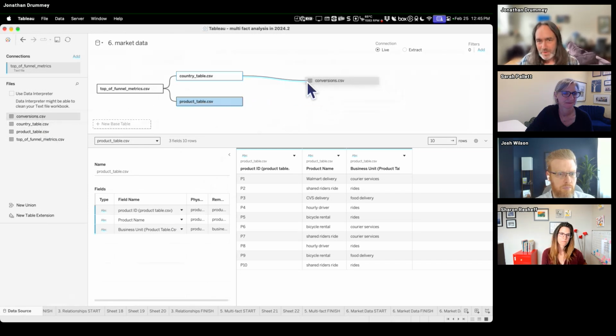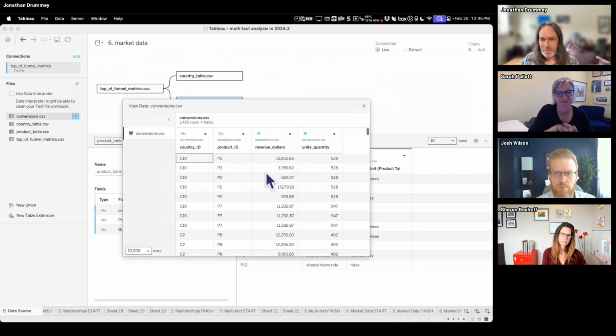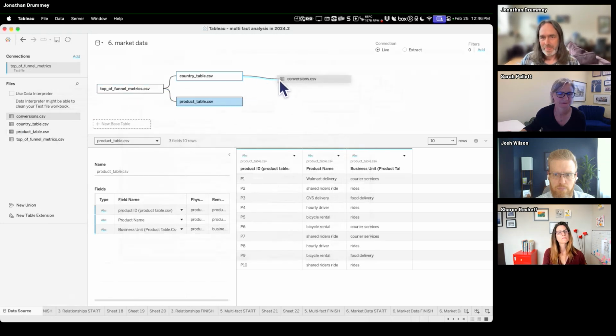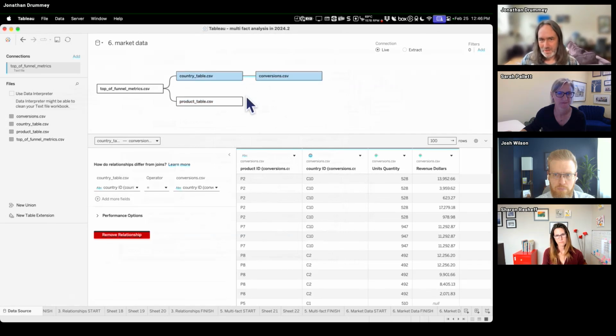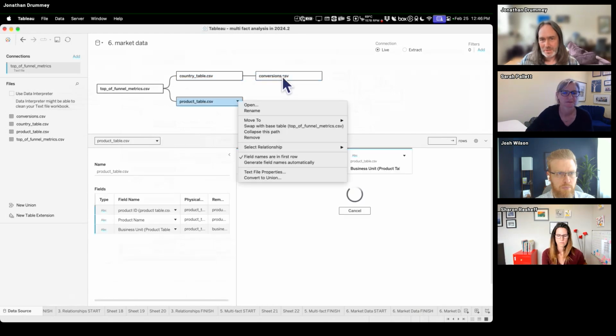And so I want to relate my conversion data. Let me just show this here. We've got countries, products, revenue dollars, units, quantity, a really simple data source here. Maybe this has some other dimensions. Very often these will be at very different grains. So what I really want to do is relate it to both the country and the product table. I can't do both here. I can't connect this to this. So what I can do, I'm just going to remove this right now,